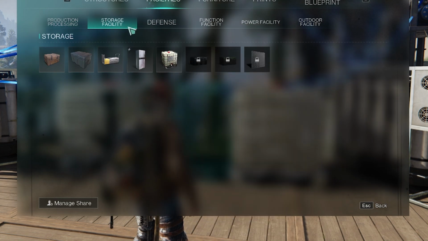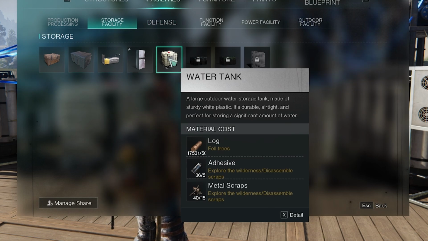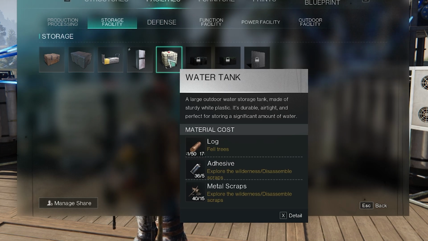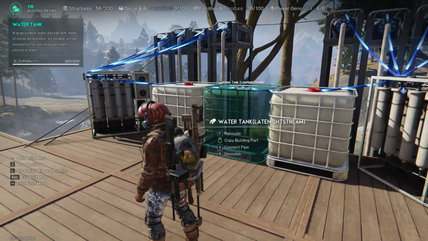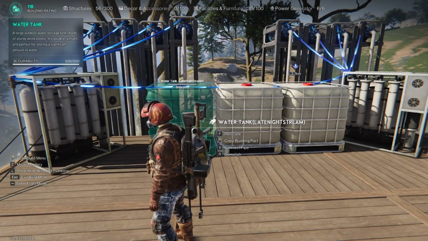And under storage facility and storage, we just got the water tank here. A few of those, you can use one if you want or more. You probably want to store a bunch of water, so you can use a few water tanks and daisy chain them together. And those take logs, adhesive, and metal scraps to craft those. So the idea behind this is to gravity feed your water pumps into your osmosis filter and then store the